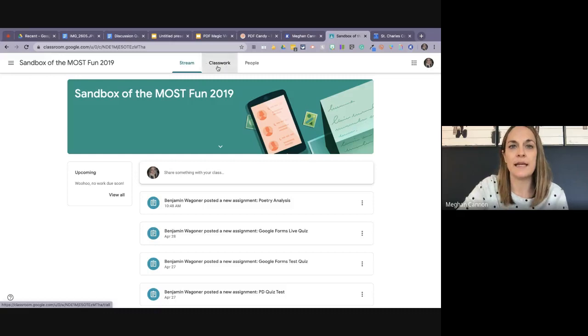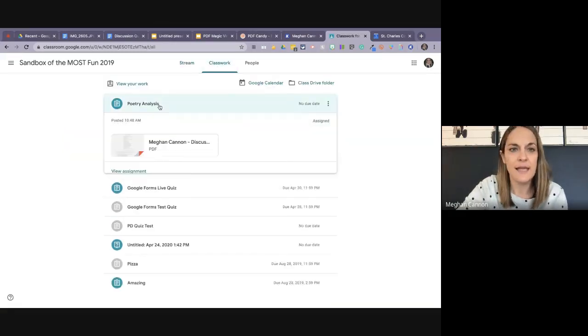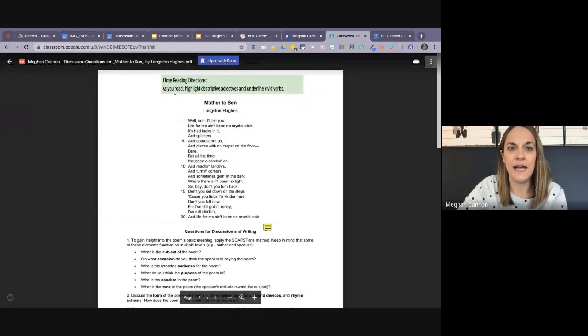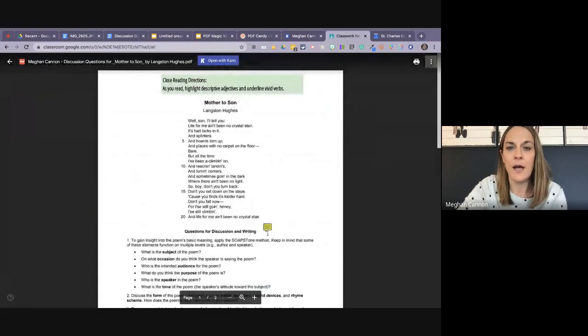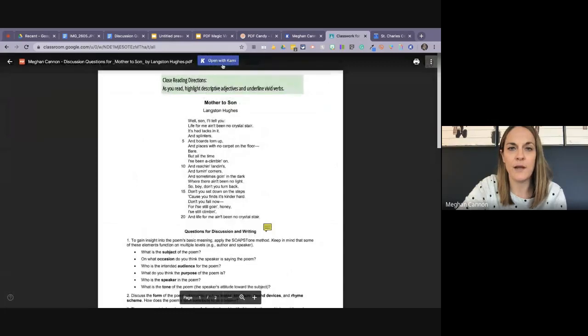So now I'm going to click on classwork. I'm going to see that I have an assignment, poetry analysis. And when I open it, here is my own copy of that exact PDF I just showed you. So if I was a student, I would see here that there are some things in place. And when I click open with Cami right up here at the top,